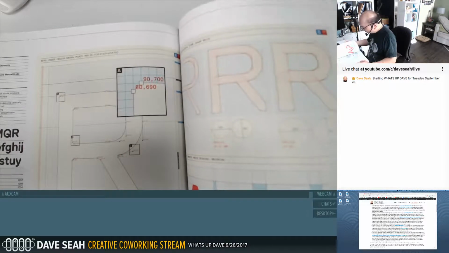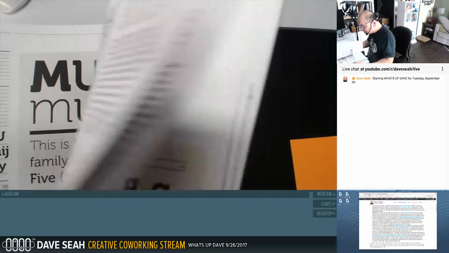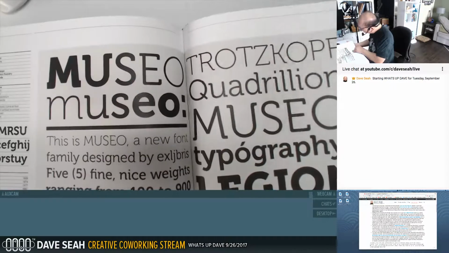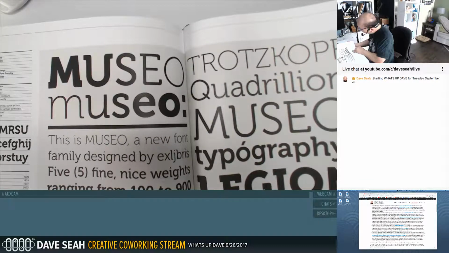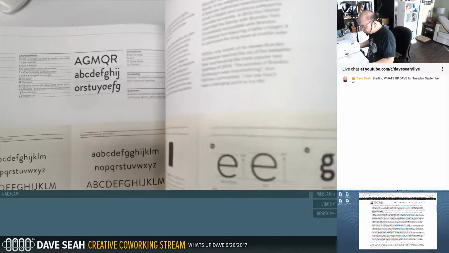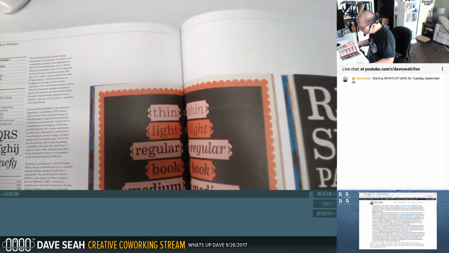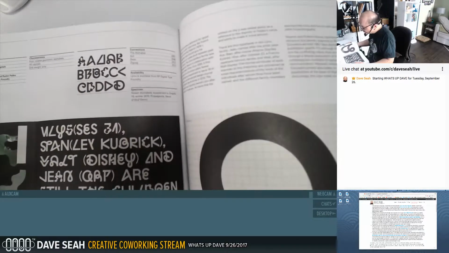Replica, 2008. This is neat. Scotch Modern Museo. It's a font that I've always liked. Brandon Grotesque. Eames Century Modern, another House Industries font.